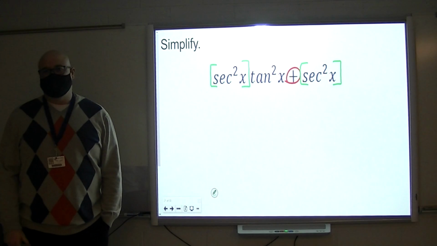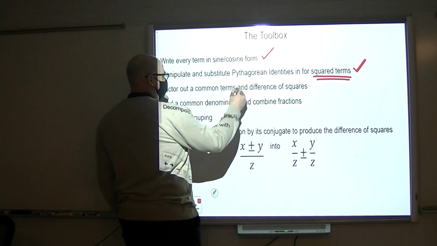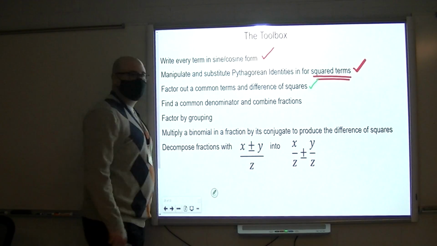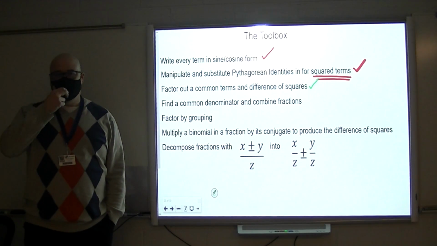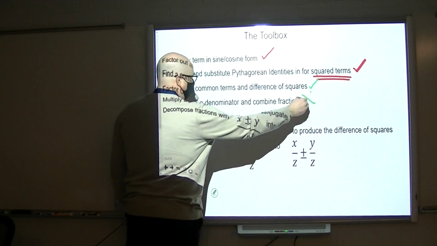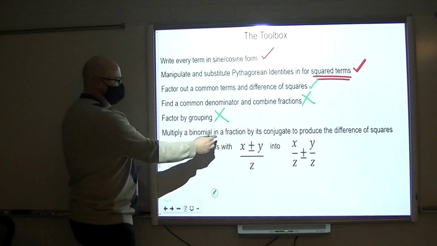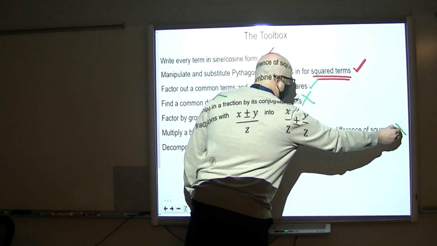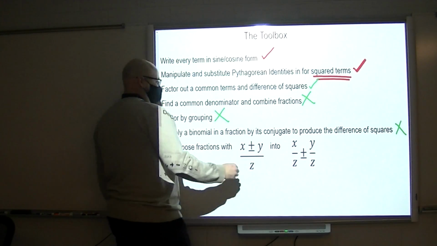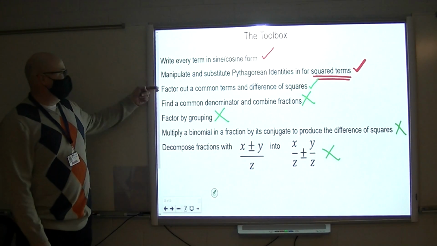So we look at that. Do they have something in common? They certainly do. So could we factor out common terms? Oh yeah, we could. What about common denominator? No, we don't have any fractions. Factoring by grouping, you need 4 terms. Binomial in a fraction, no fractions. Decompose fractions, no fractions. So factoring out,